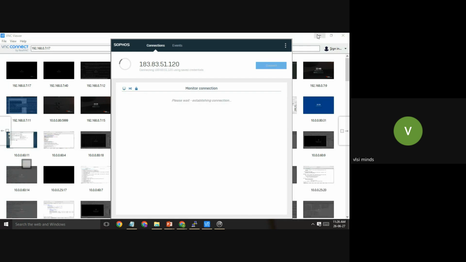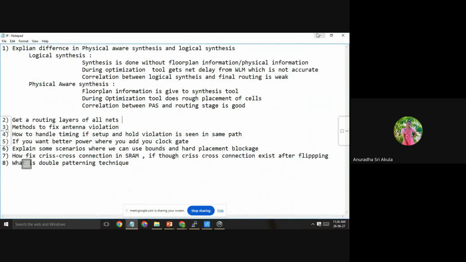Yeah, please tell me. Another girl was asking the question. Sir, we have already in logical synthesis. In that logical synthesis, like core area, die area, we all know. Then why do we go directly to floor plan without the physical synthesis? I didn't understand your question. Can you frame it again?